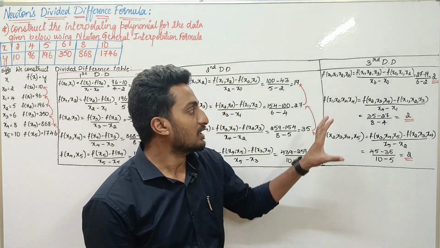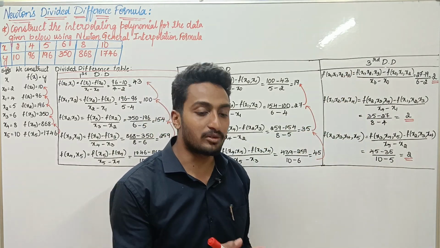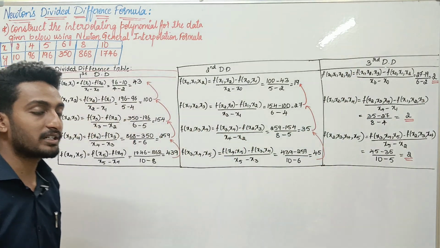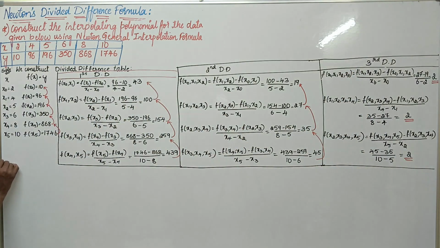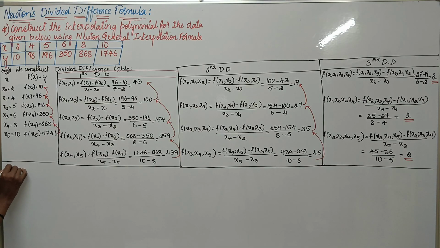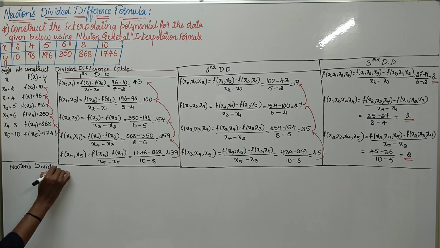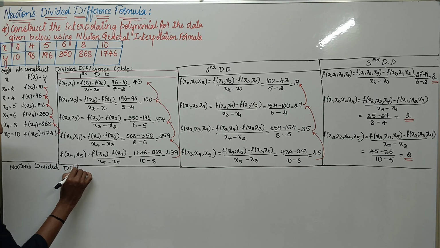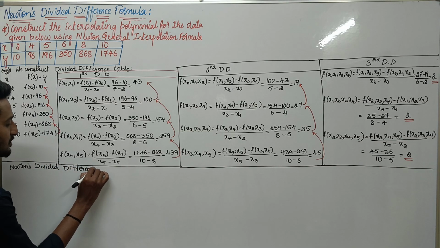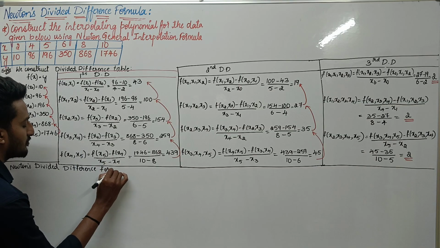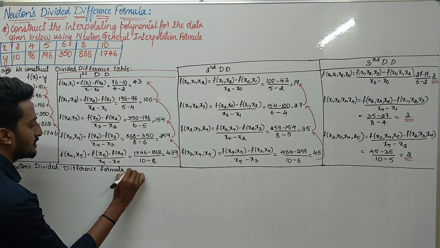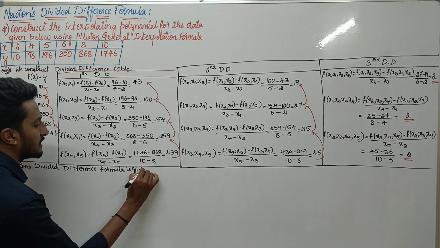Okay, done. After the third divided difference, we are going to represent Newton's divided difference formula. Newton's divided difference formula is given by,